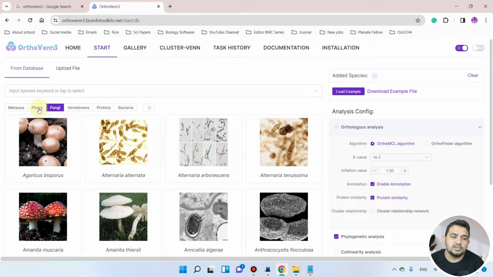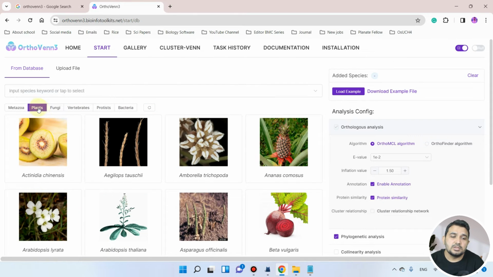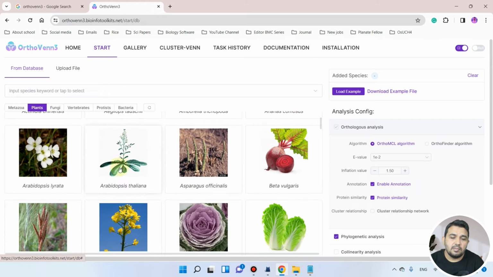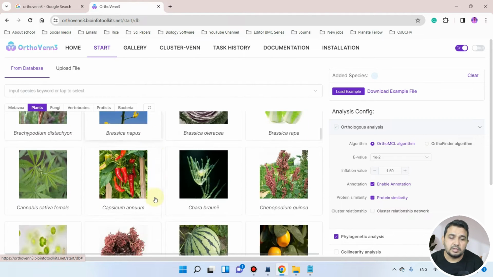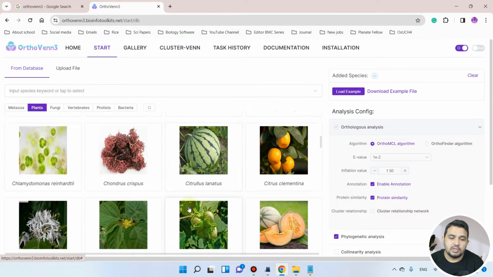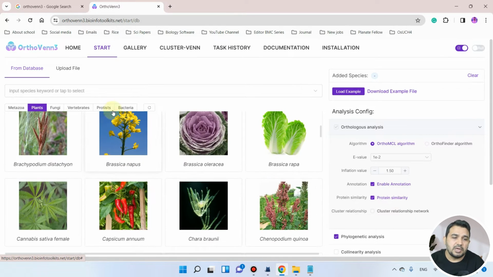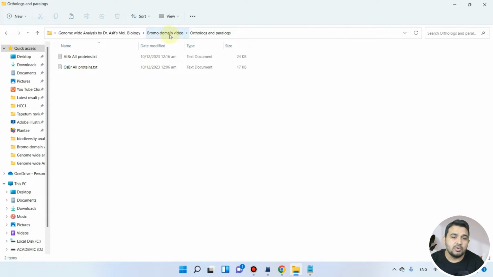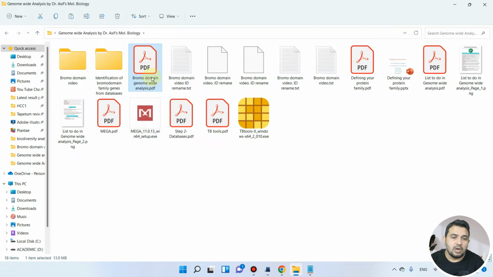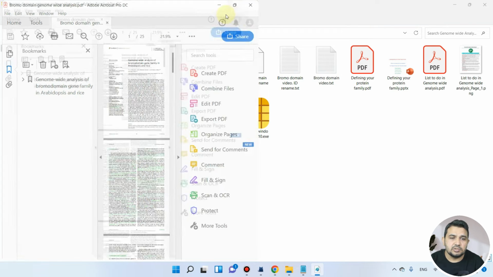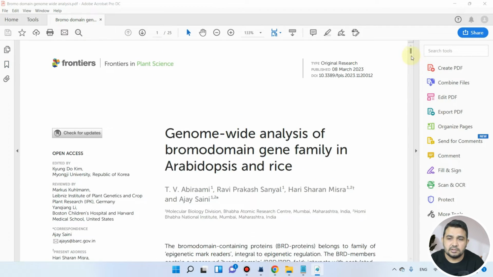We are choosing plants. If you want to perform analysis at the whole plant genome level, you can choose this plant option, and from here any species can be selected. But as you know, we are only choosing this bromodomain family, as we are reproducing the result of an already published research article, so we will be using it as a reference.